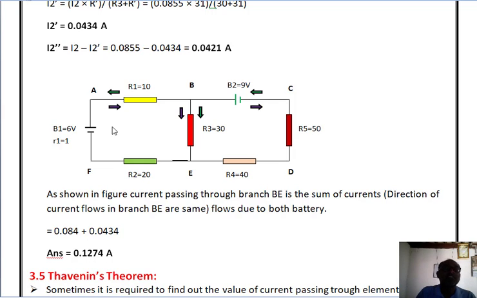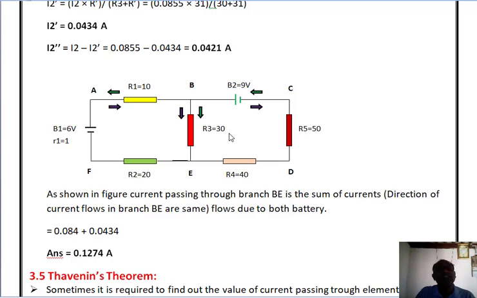both currents are present in each and every element, due to the 6 volt as well as the 9 volt. Here you can find the value of current passing through any resistance, but the direction of current is most important. Here the direction of the current passing through this 10 ohm resistance is different, because the current due to this 6 volt source is in this direction and the current through battery B2 is in this direction, both in opposite directions. Here the currents passing through both sources in this R3 resistance are in the same direction. Here it is in reverse direction.